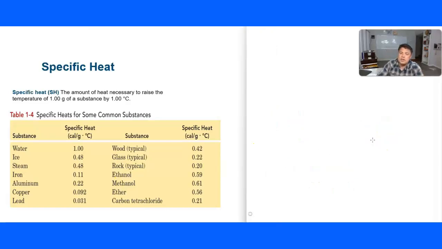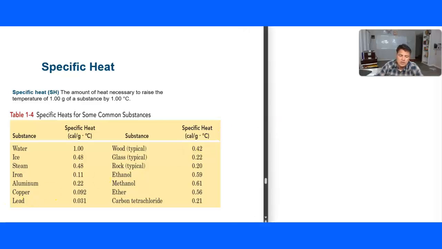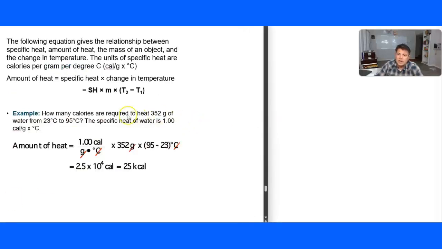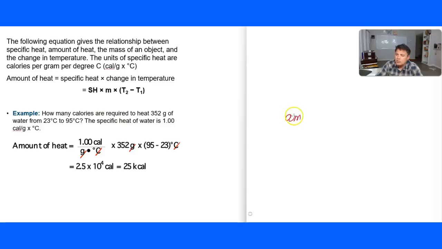Now let's go to the specific heat. We studied the specific heat in the last chapter, at the beginning of the course. You remember that. Specific heat is the amount of heat necessary to raise the temperature of 1 gram of the substance by 1 degree centigrade. And we studied the amount of heat previously also. Amount of heat